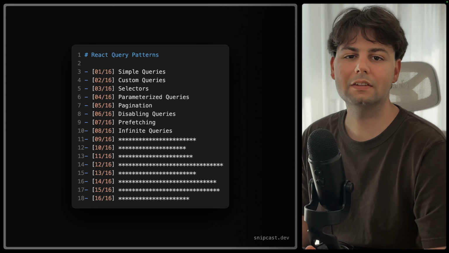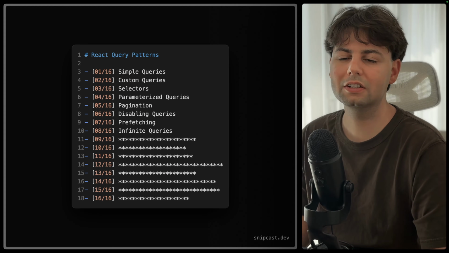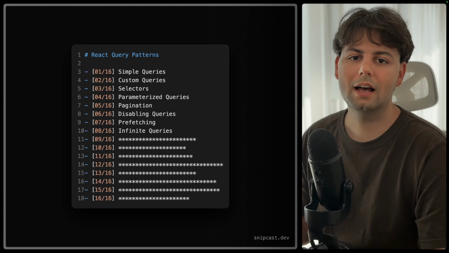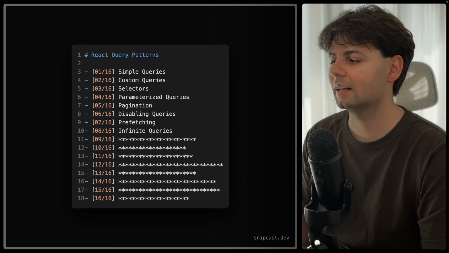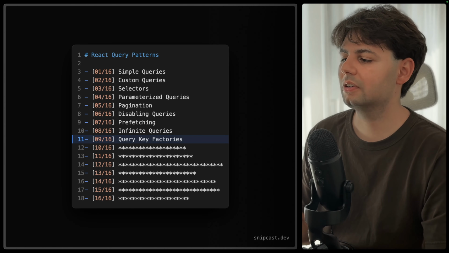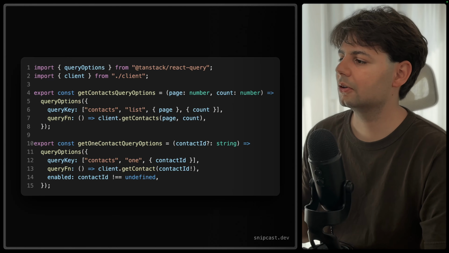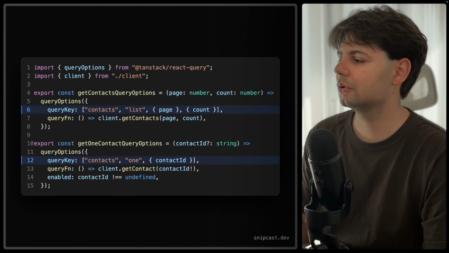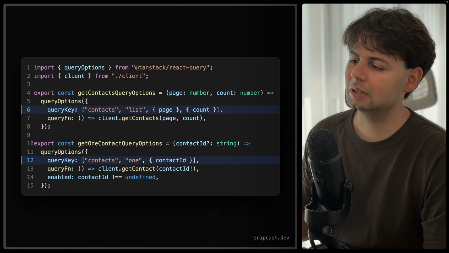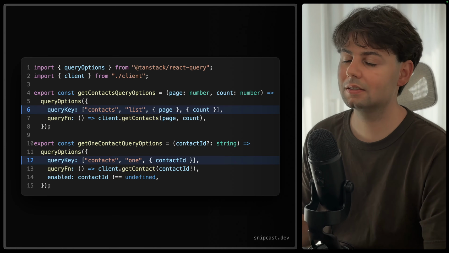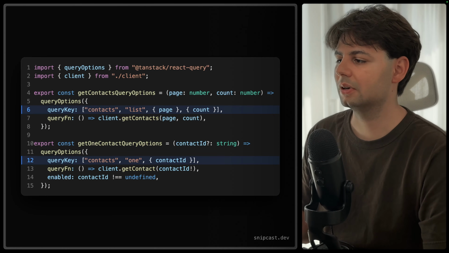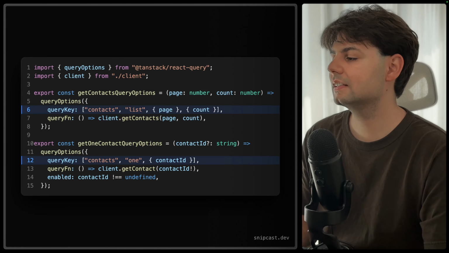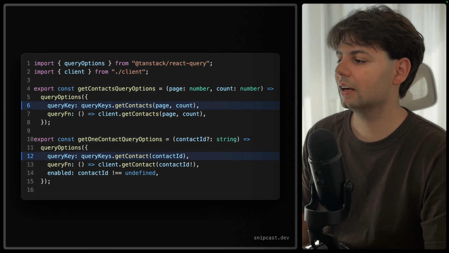Now, as we keep taking advantage of the built-in TanStack Query features, you're going to notice that query keys play a crucial role in that. And up until now, we've been defining the query keys inline, but there's actually a better way to handle that, and that would be using query key factories. So our queries currently look like this. We have our query keys that are defined inline, but if you want to access these query keys in other places, which we're going to do in the coming patterns, then it can be error prone to try to recreate them just by hand. So we can fix this by introducing a query key factory,